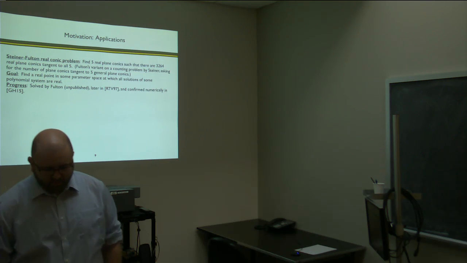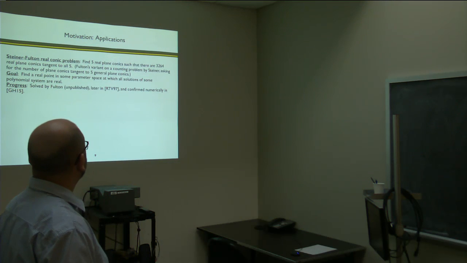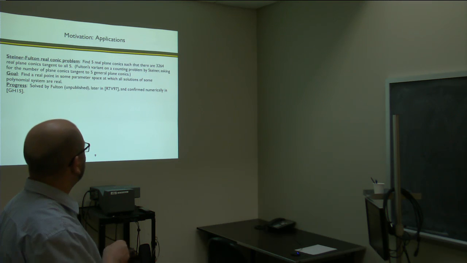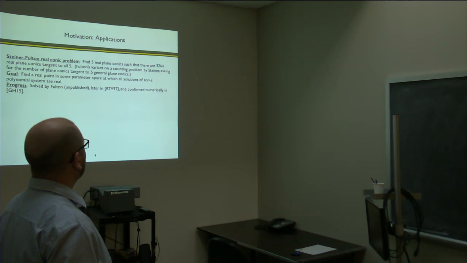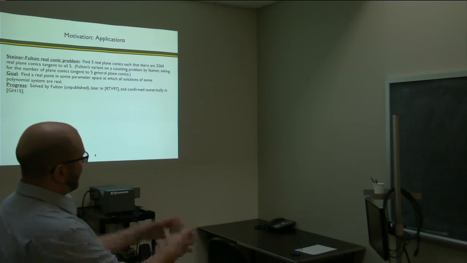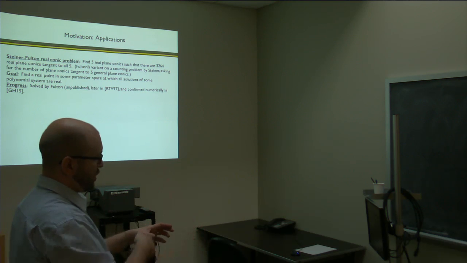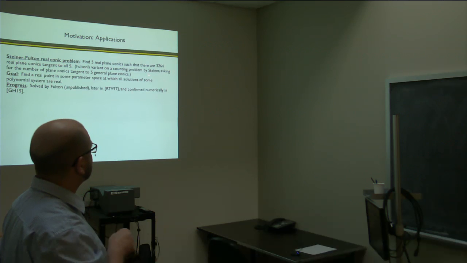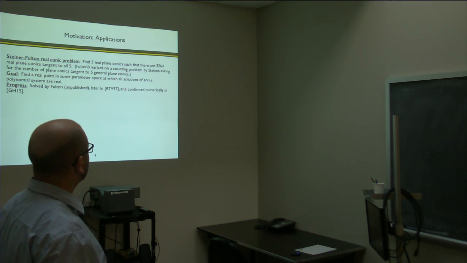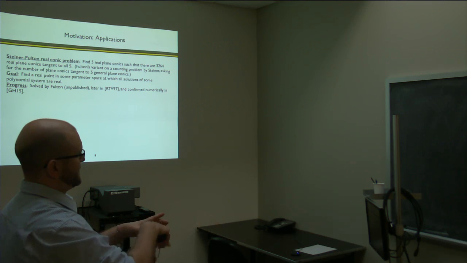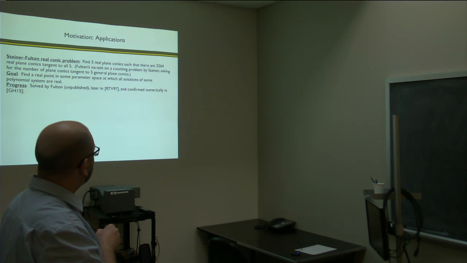Okay, so applications. There's this fairly well-known problem of Steiner, and the solution has been known for a long time: given 5 plane conics in general, how many plane conics are tangent to all 5 of those? And the answer in general is 3,264, or 3,264 ways maximally of finding a conic that's tangent to 5 given conics. And then Fulton asked, if you make them real plane conics,